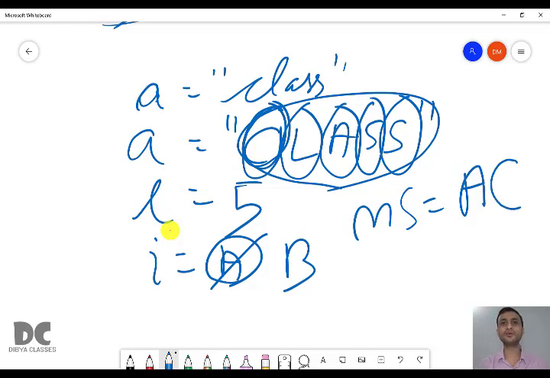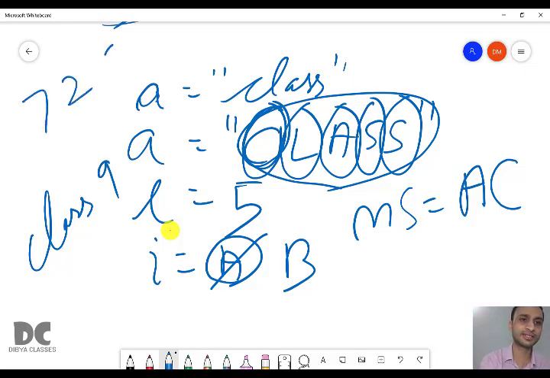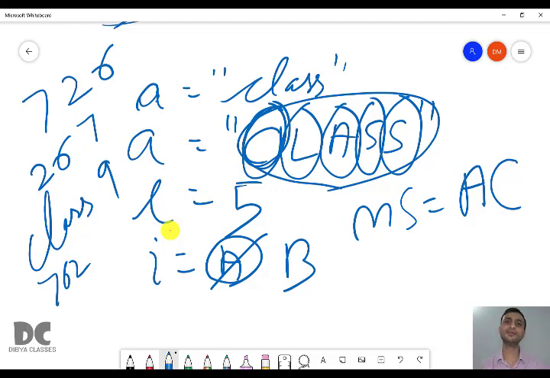If you remember, we have already done this question in class 9, that is, to arrange a number in ascending and descending order. For example, if you have 726, then it will be 267 in ascending order, and in descending order it will be 762, which we did in the nested loop chapter, if you remember, on the last page of your notes.